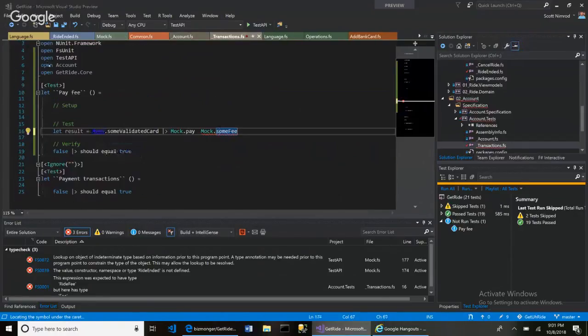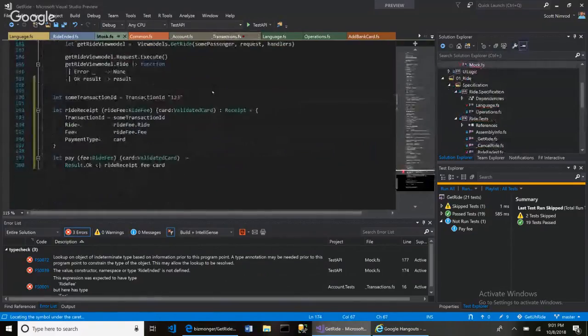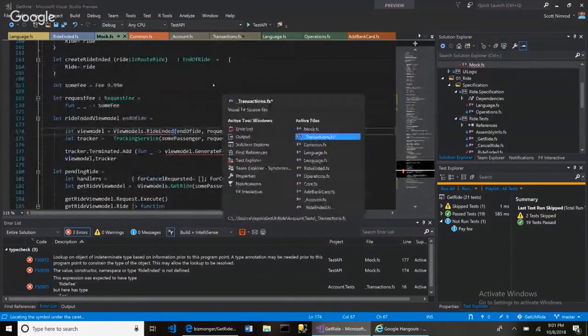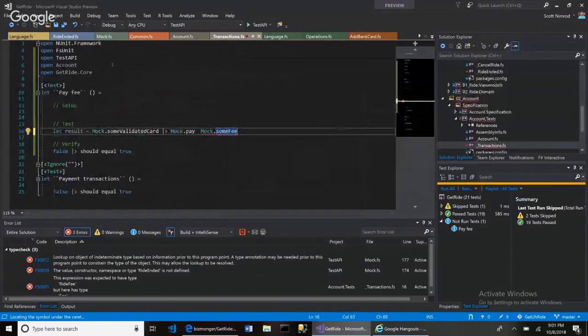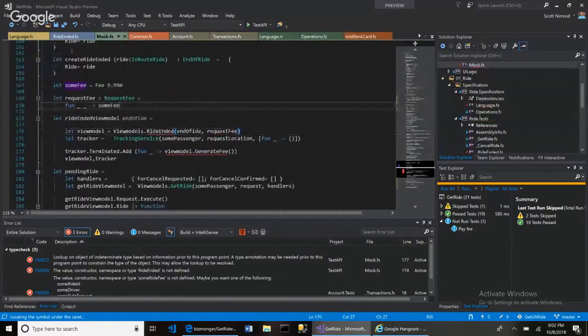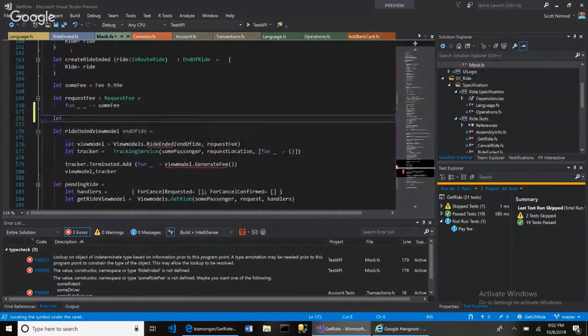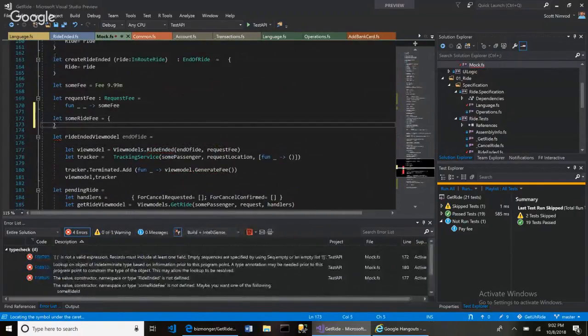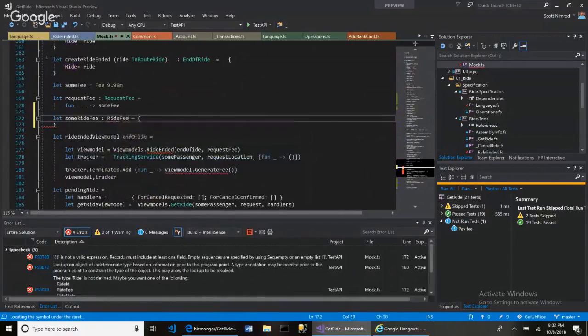So there should be some ride fee in here. There should be like mock.some ride fee. And if we were to have some ride fee, then we would have let some ride fee equals. And then we can just say that the some ride fee is going to be of type ride fee, like that. And that's going to have a ride